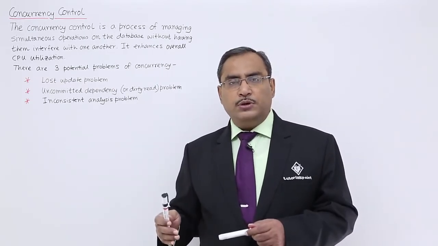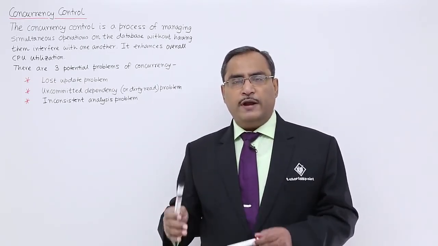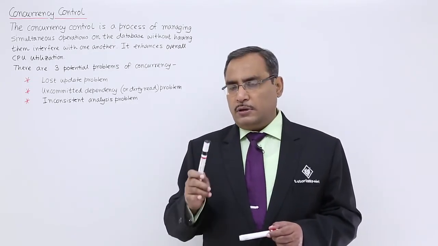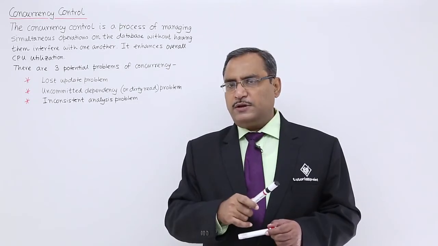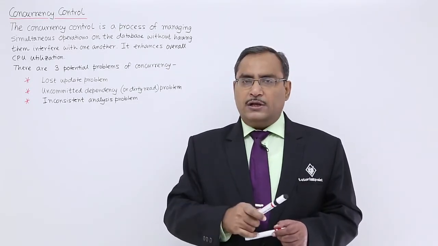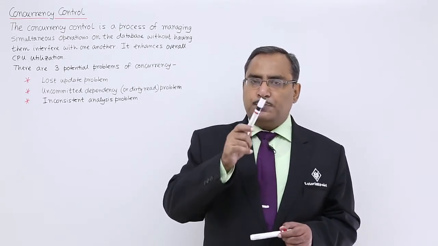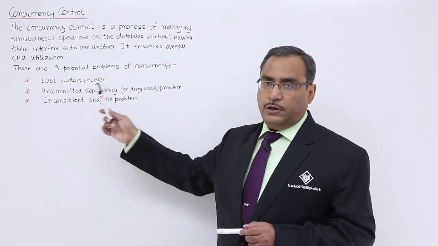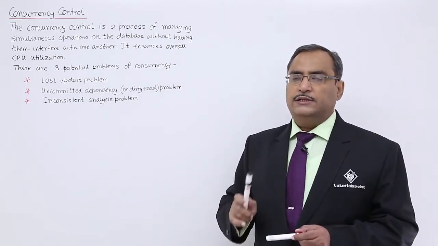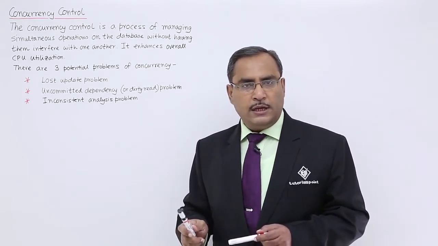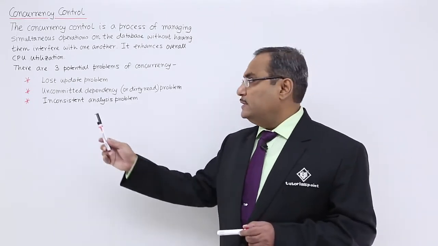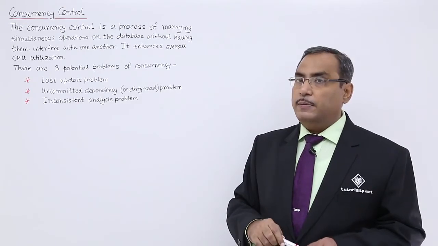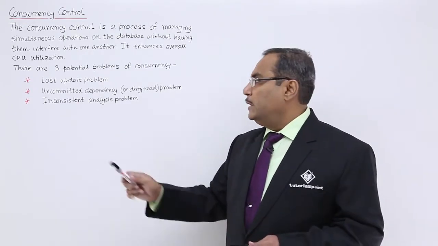The latter transaction, which has read the updated content of the variable, will have a dirty read. That means the value is not current, because as the previous transaction was rolled back, the variable has been restored to its previous value. That problem is known as uncommitted, because the transaction is not committed and does not make the change permanent on the database. So it has been rolled back. That is called the uncommitted dependency or dirty read problem, our problem category number two.